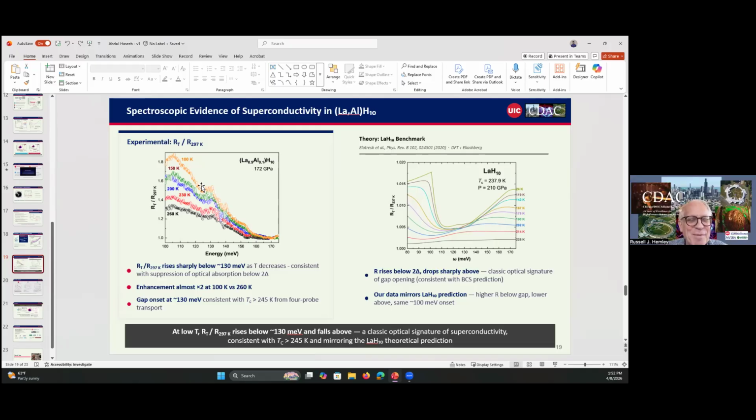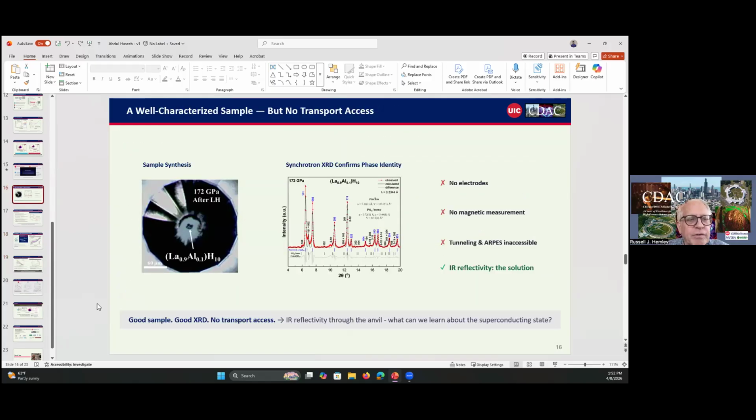So great comment. Abdul, why don't you go back to your picture of the sample, because it's quite clear that you have a diffraction limit there. So that sample size defines your diffraction limit. Yes. It's on the order of 20 microns or something like that, right? Yeah, it's like 20, 21. So this is not an ideal sample for IR reflectivity, but it was one that was available. So we're continuing to work on this.